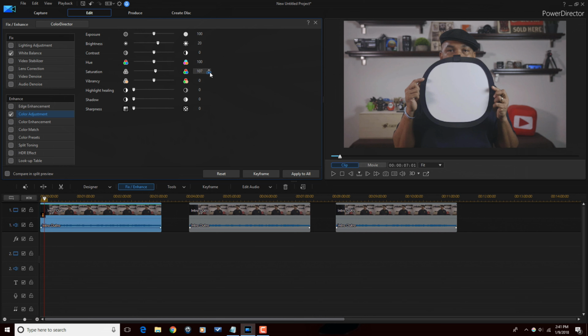And I want it to bring more color out in it. And for highlight healing, I'm going to move that up here. And then for shadows, let's go ahead and move that up.